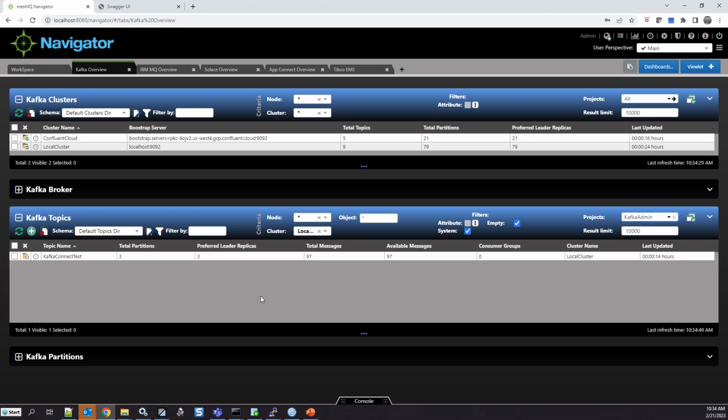I select that, and suddenly the admin's view of the world is now just mapped down to the things that the Kafka admin could see. So this allows the admin to impersonate those roles, basically, of what the Kafka admin was capable of doing.